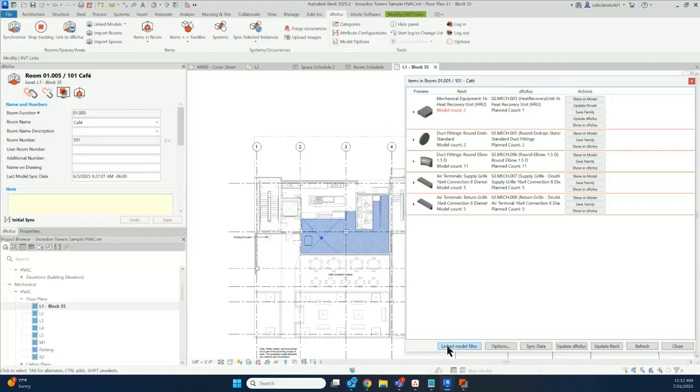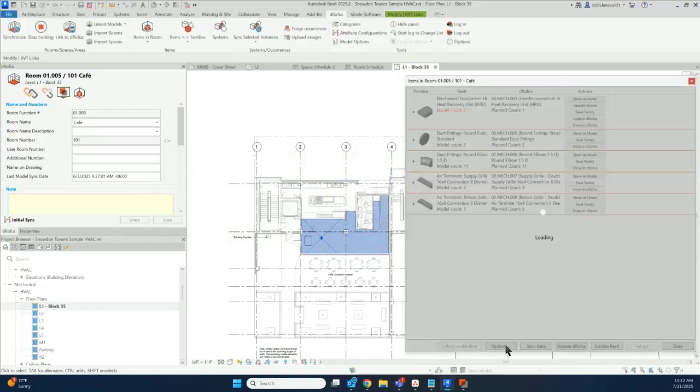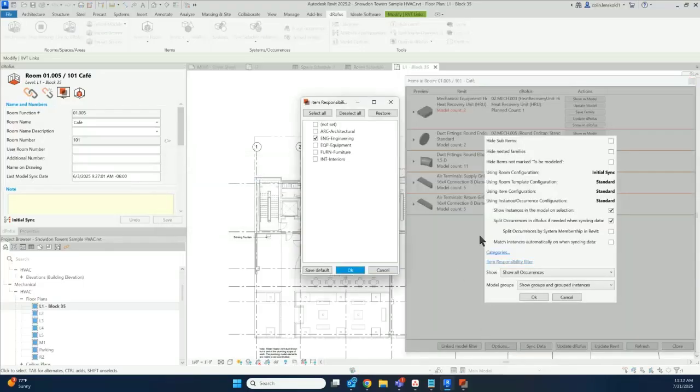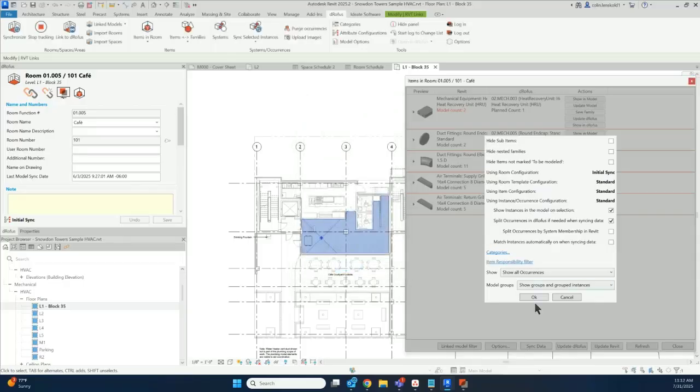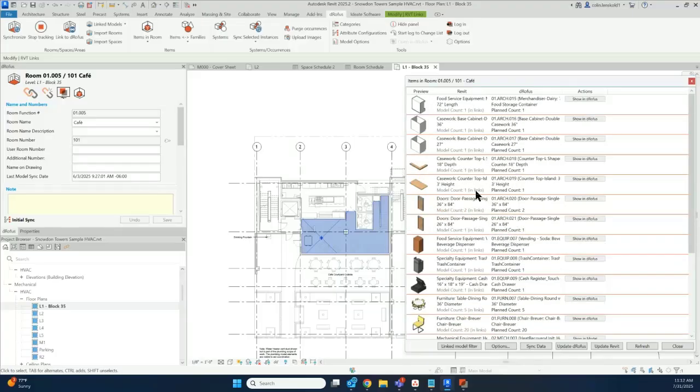Furthermore, I can use my linked model filter to say if I want to look for instances within the architectural link as well as my native mechanical model. So if I select to include those instances and then make sure I turn on my correct item responsibility filters, so I'll just select all of them, we are still able to see the mechanical Revit families down below, but now we're also seeing all the architectural Revit families coming from the link as they compare to what we're planning